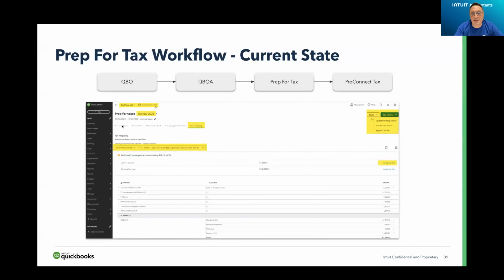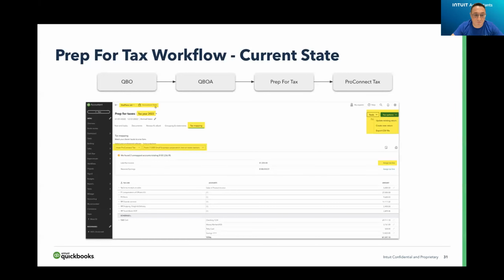So the first few tasks are basically for accountants to sign off that they have prepared all of this, possibly upload some of the documents that go with this, and review and adjust for any bookkeeping adjustments. And then the last two tabs are primarily for getting ready for taxes, right? You group some of those individual accounts into categories, and then you map those categories